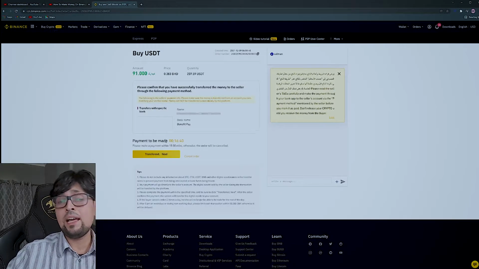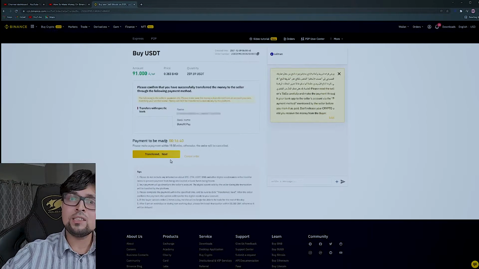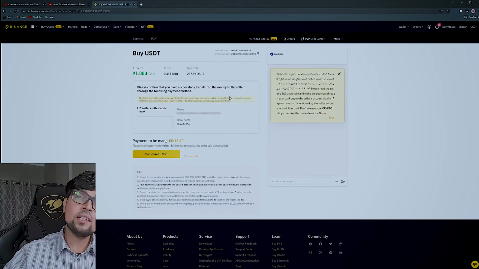The same thing can happen for the other guy who is actually selling. I can click on transfer next, and if I don't send it to him and I put in the chat that I had sent it to you, release it to me, and the guy is new. Sometimes there are new people over here, and without looking at his account, he is releasing his coins back to me, and I had not sent him the payment. In that case, Binance will assume that I had already paid him, and that's the reason he has released me the coins. In that case, I will get the coins, but he is not getting the amount.